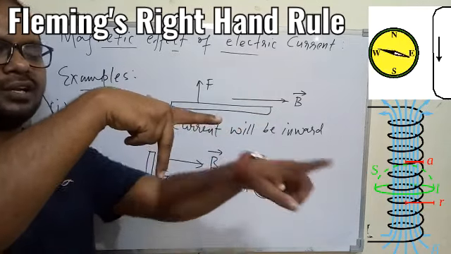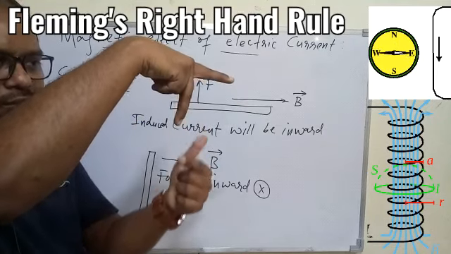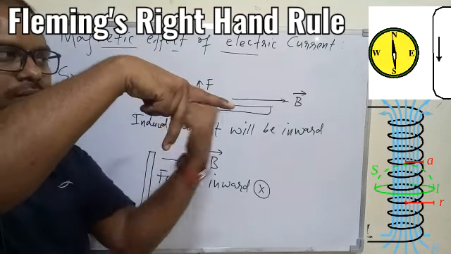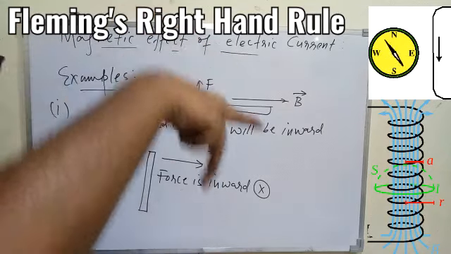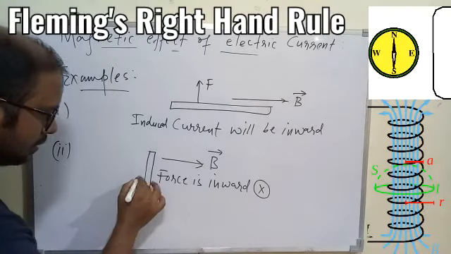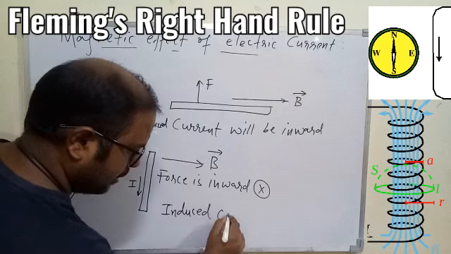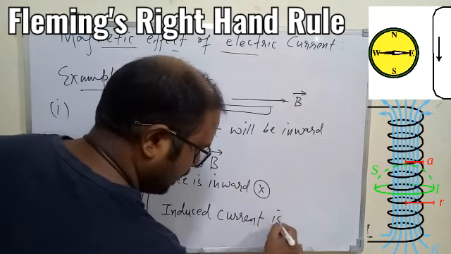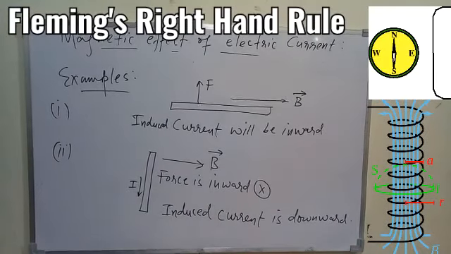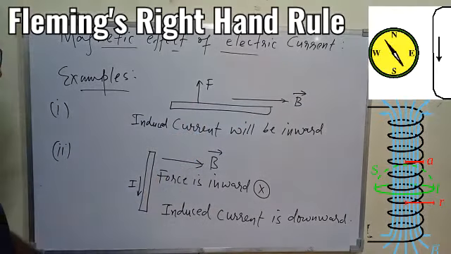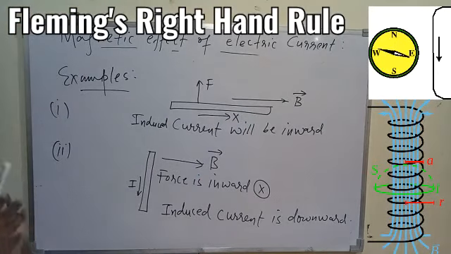So according to the concept, magnetic field, thumb towards the board, so center finger is going down. So it is understood in this case, if the magnetic field in this direction, conductor is moving towards the board, the current will be induced downward because center finger is pointing downward. So here in this case the induced current will be downward, so we can say induced current is downward, because you may be confused here, because here in this case current is not along the length, it is towards the thickness or along the thickness of the conductor.